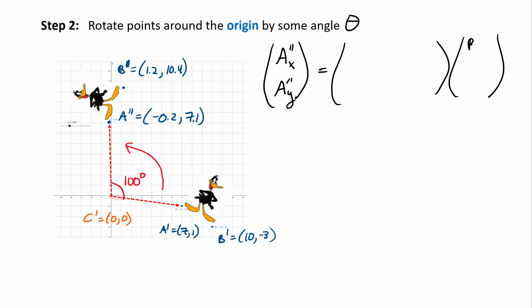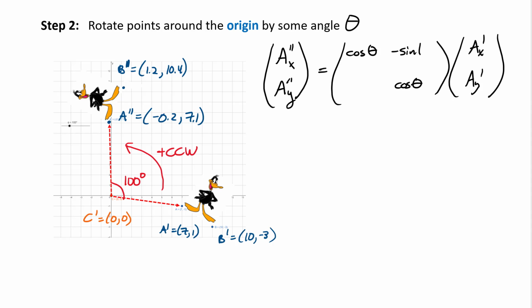We started off here with A x prime and A y prime. Now the rotation matrix, if I'm rotating, now I've defined the angle to be positive here in the counterclockwise direction. The matrix looks like this: cosine of theta,